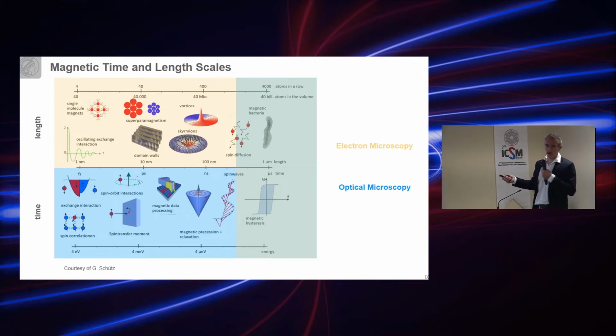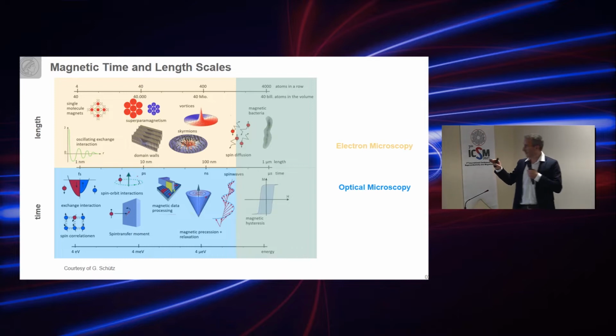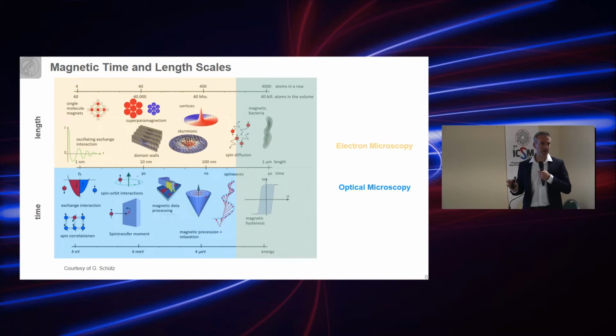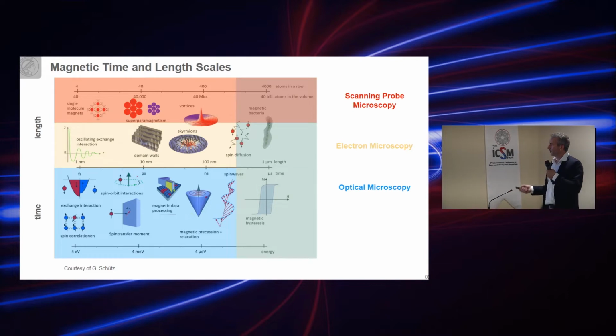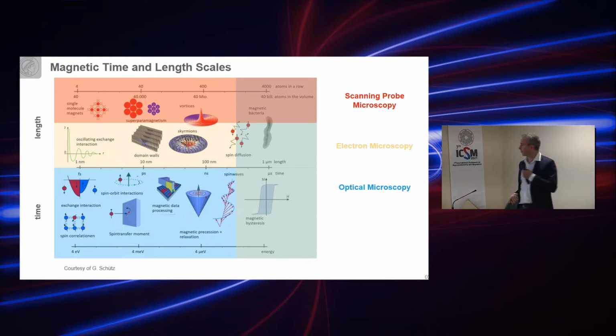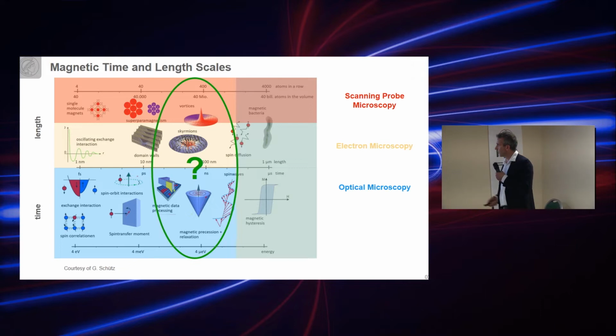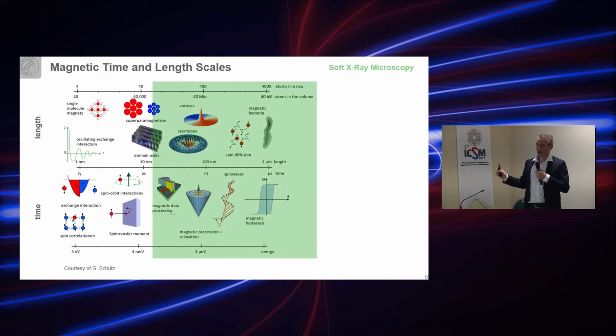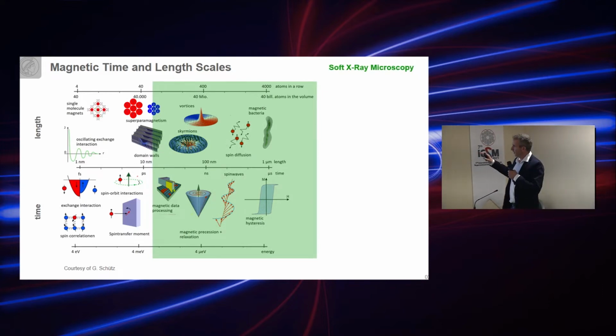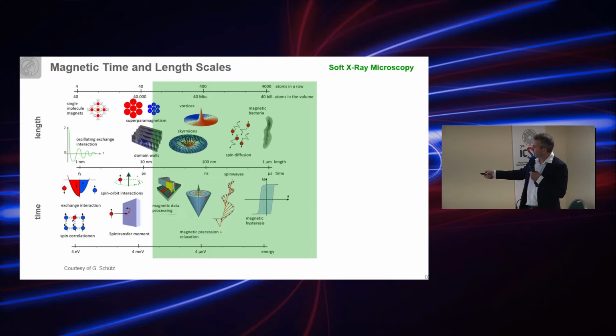Complementary to that, for electron microscopy techniques, the spatial resolution is really excellent, but in standard implementation they typically lack a high time resolution. The same is true for surface sensitive scanning probe microscopies. So that leaves a certain region on this schematic uncovered. And this is where we apply soft X-ray microscopy, which in this combined resolution we hopefully can cover